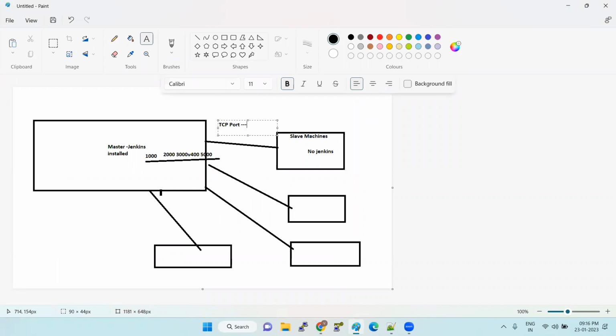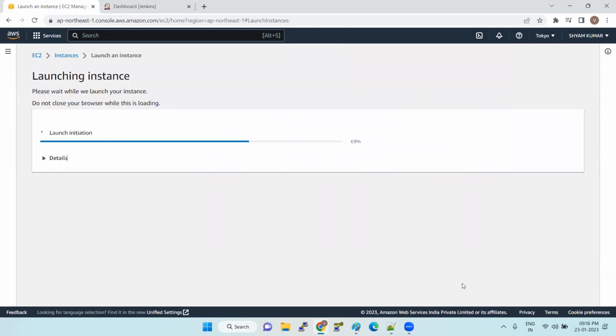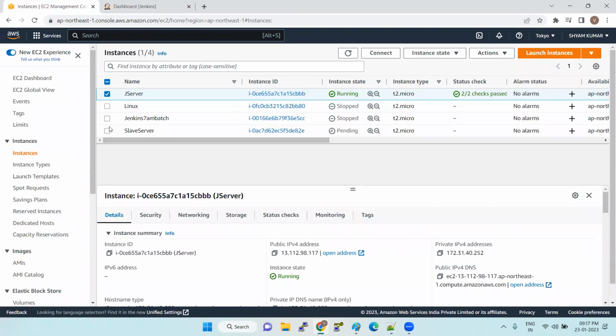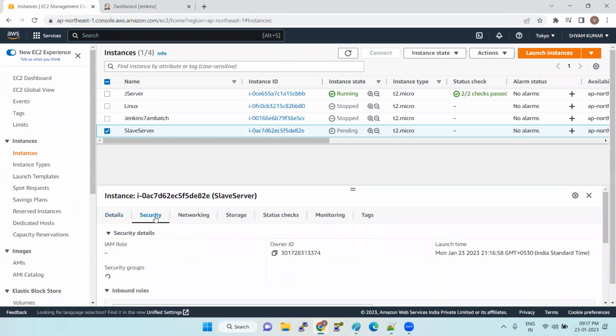We don't know which port it is running on, so what we will do is enable all traffic. Just launch the instance, that's it. If you go to the slave server, it is running. So this is the slave server, in the pending state. If you go to the security tab,